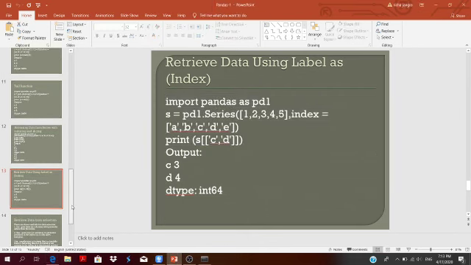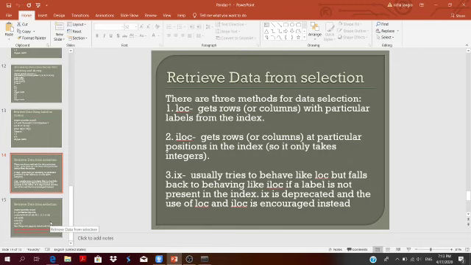Now there is another method of retrieving data. For retrieving data from a selection, there are three methods available. First one is LOC. By using LOC, you can get rows and columns with particular labels from the index. By using ILOC, you can get rows and columns at a particular position in the index, meaning by using indexes.